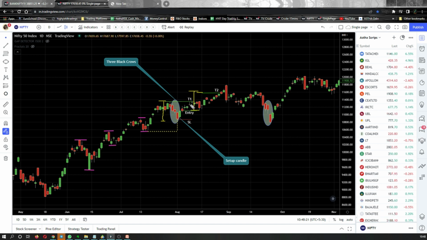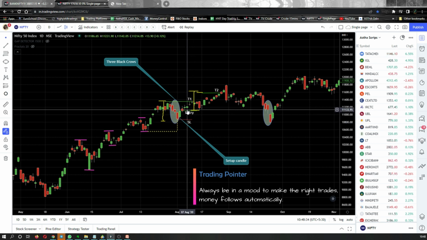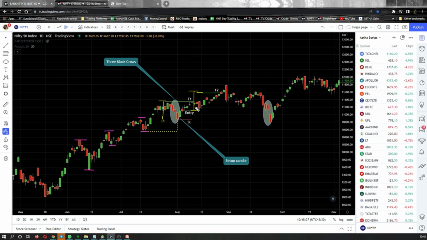Okay, and target number one, if you feel that it is a very small target, it is not. It is around, I'm sure it should be more than 200 points, 11,100 to 11,340. We are talking about a 340 rupees move, guys. Sorry, 240 rupees move, guys. So even if you book your profits at target one, it is a 240 rupees move that you are booking. And if you are somebody who has the guts to stay back in the trade, then you will be a person who will be catching a move of around 500 or 400 rupees, right? So that is how we trade this particular strategy.